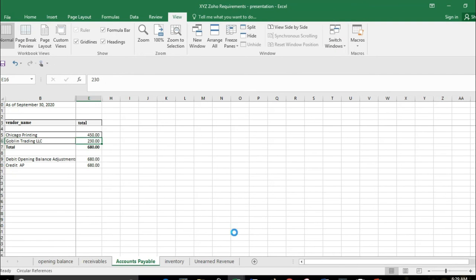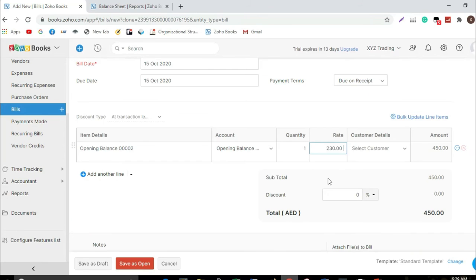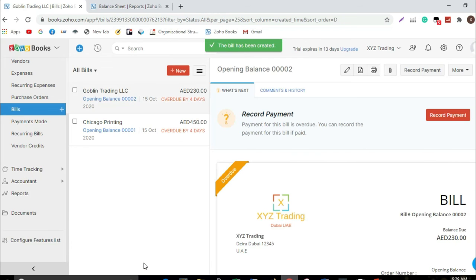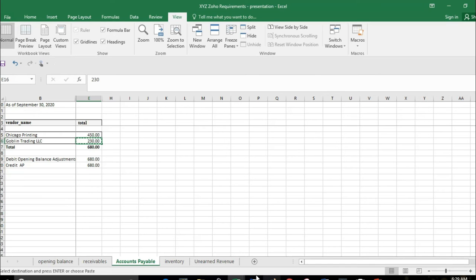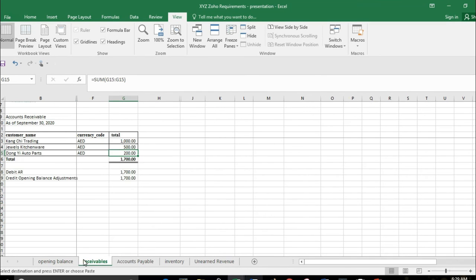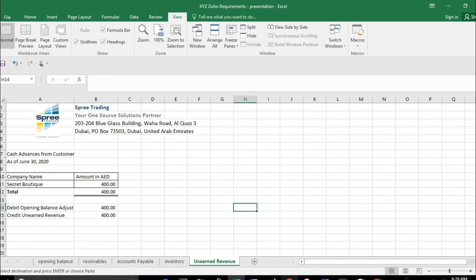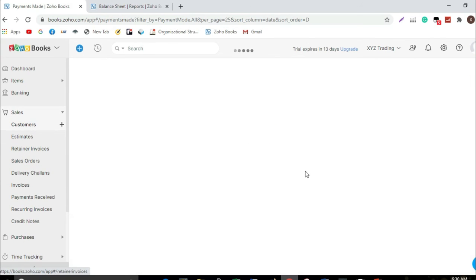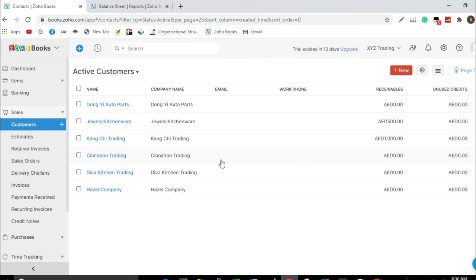So always remember that when we're creating a document for opening balance of AR and AP, or accounts receivable and accounts payable, we must change the account title from purchases or cost of goods sold to opening balance, because as I explained a while ago, we have already acknowledged the cost and sales last September, and these figures that we have inputted in the system are from the September reports.